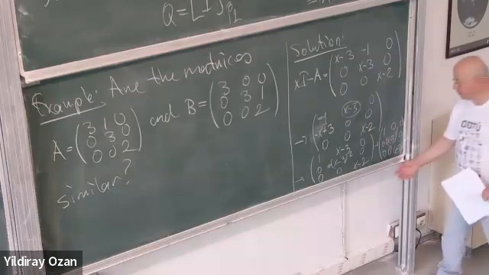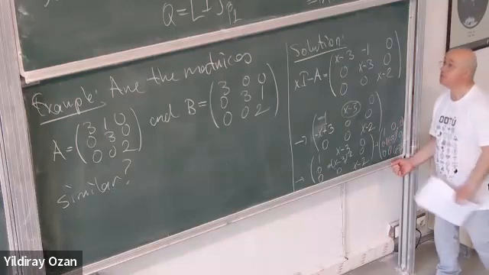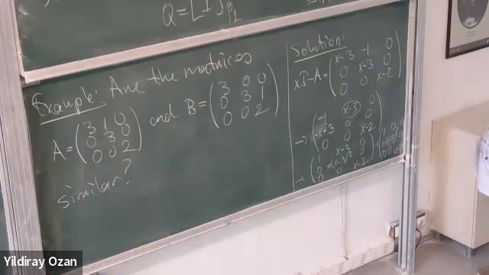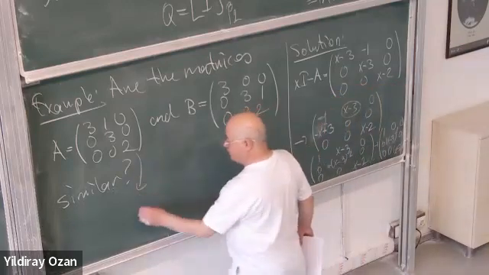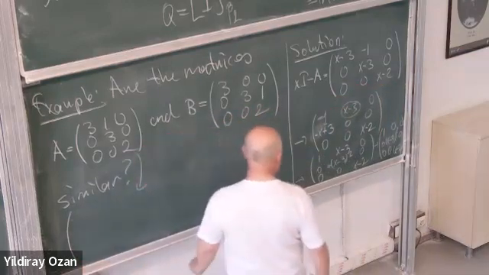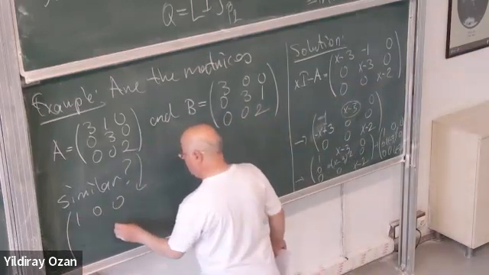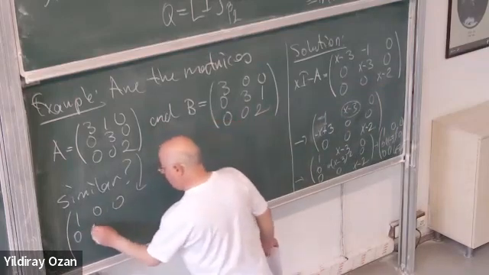Okay, so this is the symmetric normal form. Elementary factors. So for this one, symmetric normal form, let me write here 1, 0, 0, 0, x minus